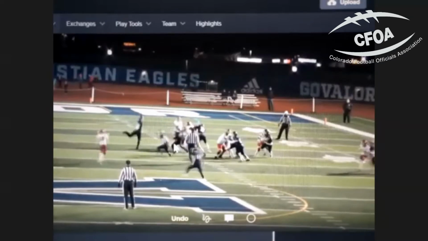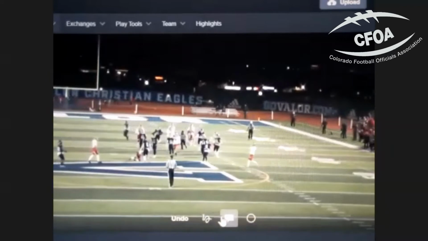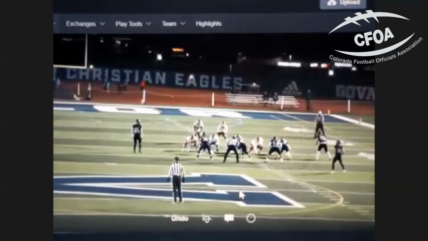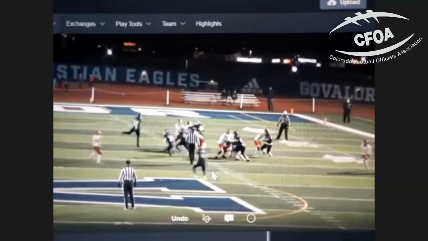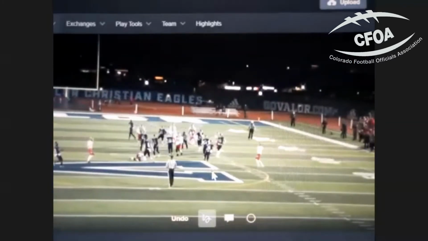Now, if you just watch our pulling guard here, go all the way back to the beginning. His target is 54. So 54 steps up. See how he steps up? Then our guard will come in and engage. Right. But even in that case, your pulling guard is really not going to the second level. He's just filling that gap. He's filling that gap. 4 is coming.